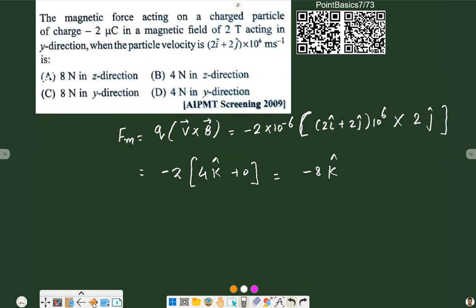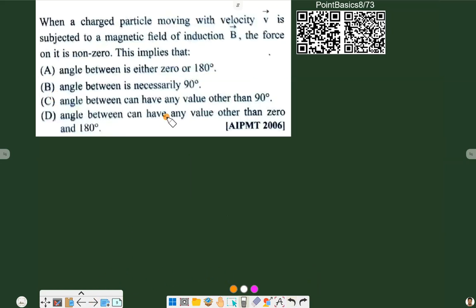Let's move to the next one. When a charged particle moving with velocity v is subjected to a magnetic field of induction B, the force on it is non-zero. This implies that... Here it is mentioned that we have a moving charged particle and we know that on a moving charged particle, the force by a magnetic field is given by Q V cross B. As it is mentioned that it is not equal to 0,